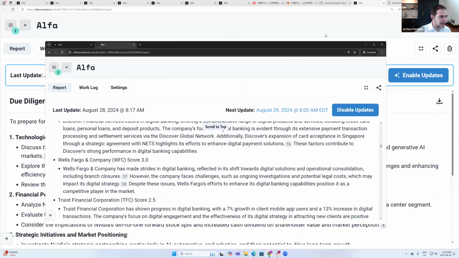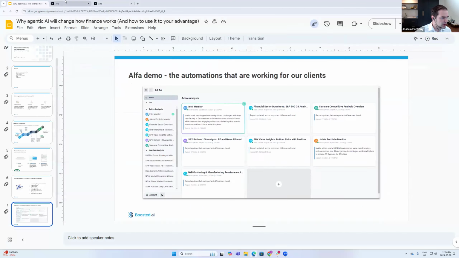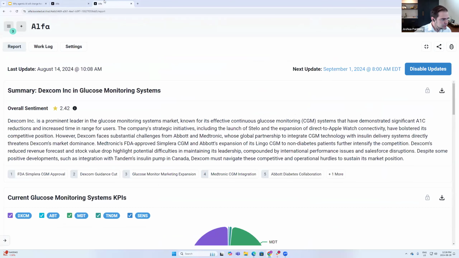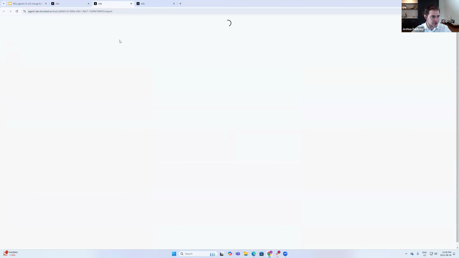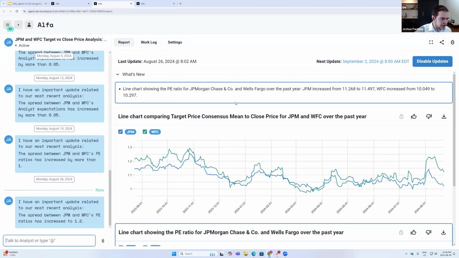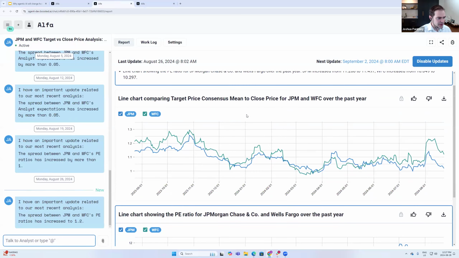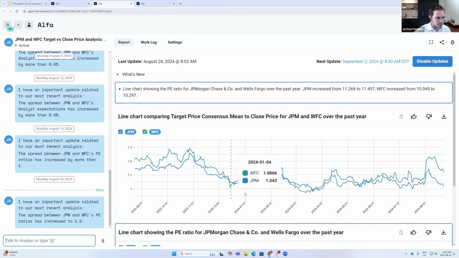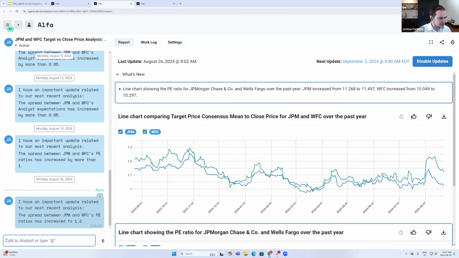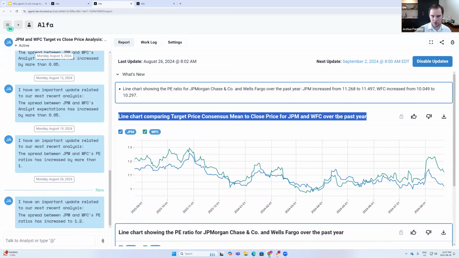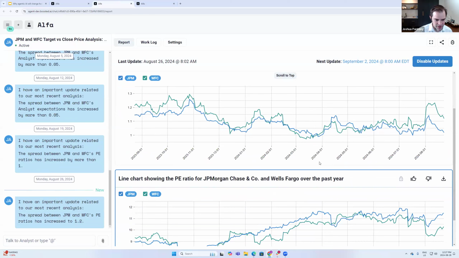Last but not least, I'll maybe just blast through a few slightly more quantitative examples. So I did one here with Dexum that I showed a little bit earlier. You could also come into this and say, look at something like analyzing a bunch of ratios between a few companies. So let's say I wanted to put on a pair trade. Maybe I do one element where I'm doing a fundamental analysis on what I think this pair trade should look like. But then I have another one in here that is looking at different ratios for these companies, coming up with what it thinks is the comfortable band. And if something changes with these ratios, where they're no longer trading together in a way I would have expected, it can notify me and tell me.